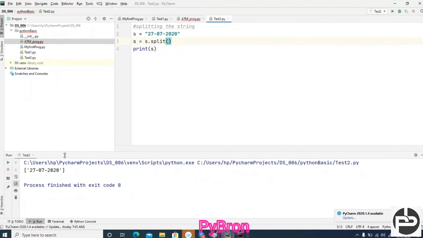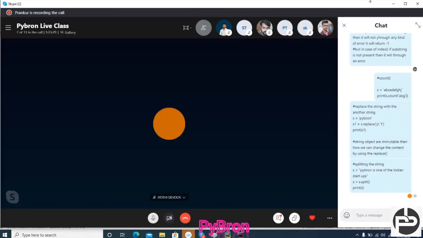I'm not getting any split, but you can define a separator here. I'm giving a dash here, and now can you see this? It converted into a list split on the dash. So whatever you pass in the argument, you can split on that.